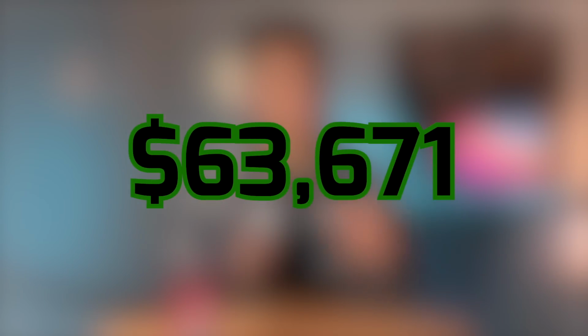Altogether, that adds up to $63,671. That would cover about 65% of my university expenses. But keep in mind that this $63,000 also needed to cover some expenses that I had incurred during my internships, so that amount didn't fully go to paying for my university tuition. But it still goes to show how important it is to not waste your summers or your time off when